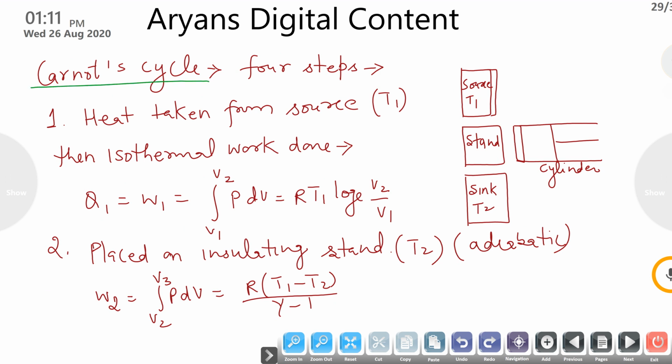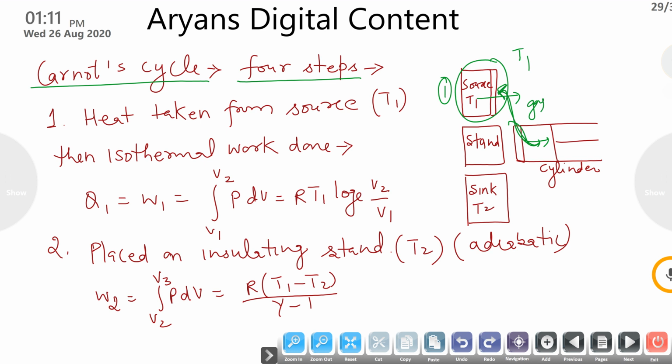Now, the Carnot cycle. The Carnot cycle is a cyclic process, meaning we come back to our initial position. It has 4 steps. First of all, we put this cylinder system on the source. This is step one. If we put this cylinder on the source, it will supply heat to the working substance, that is the gas, and the gas starts to expand. All this process will be at temperature T1. So the first process is an isothermal process.